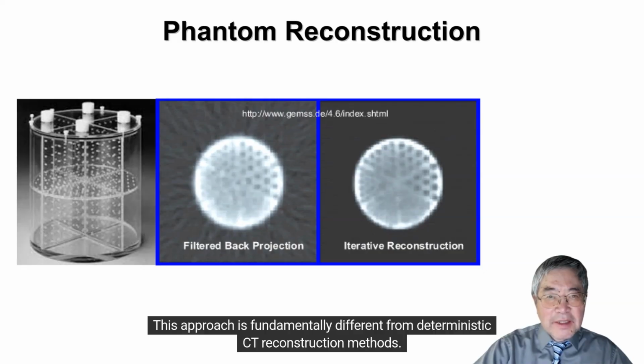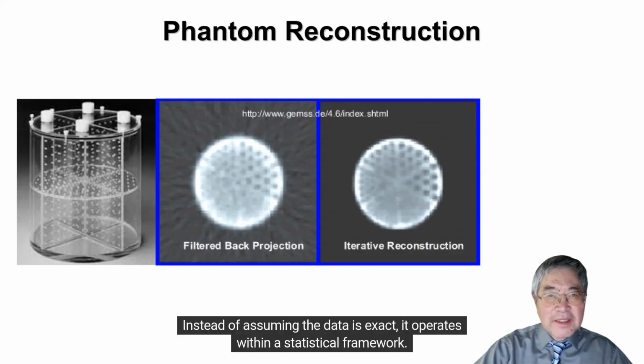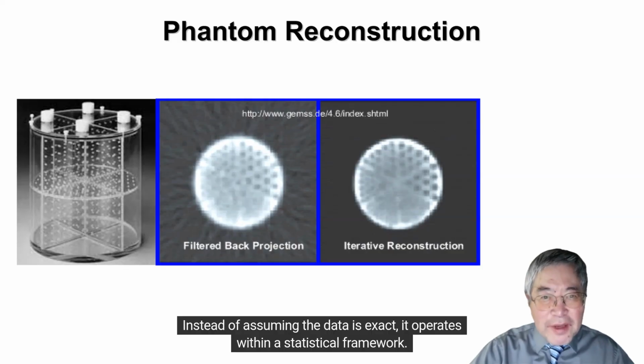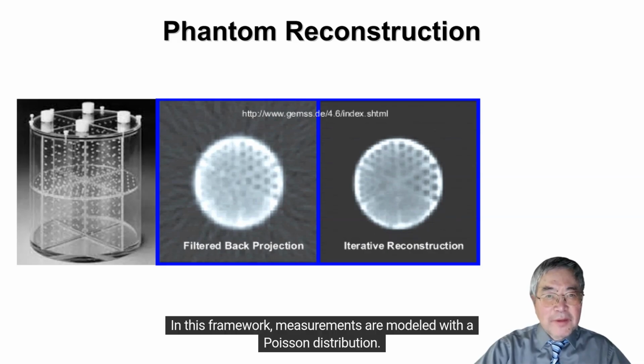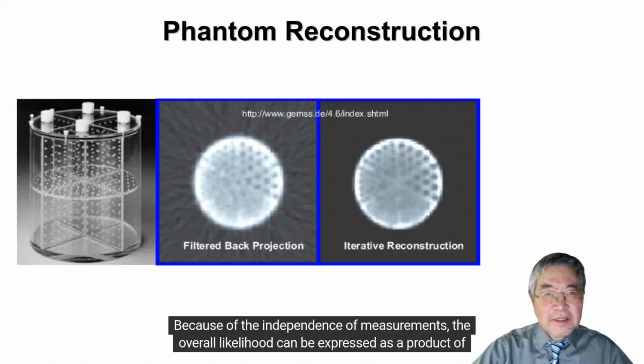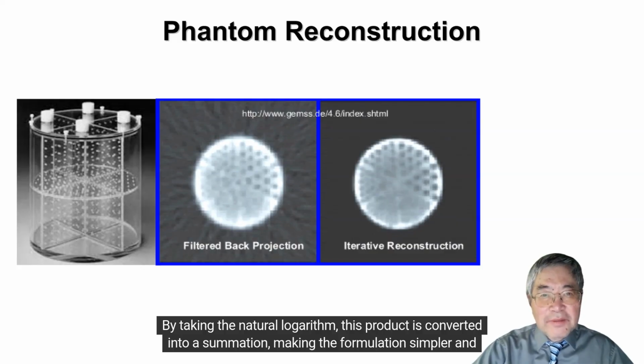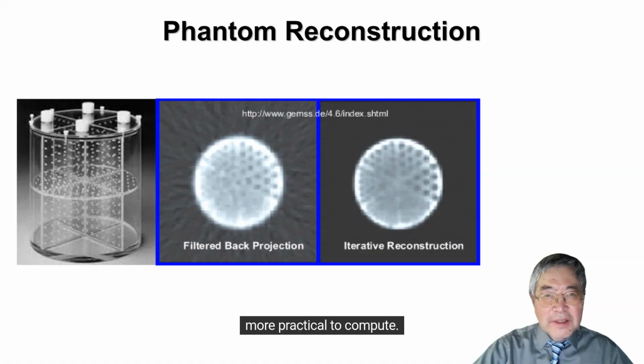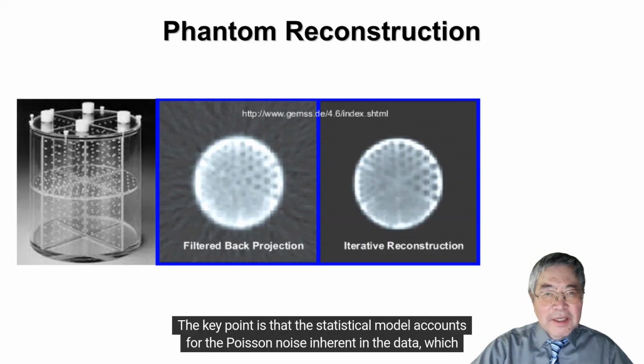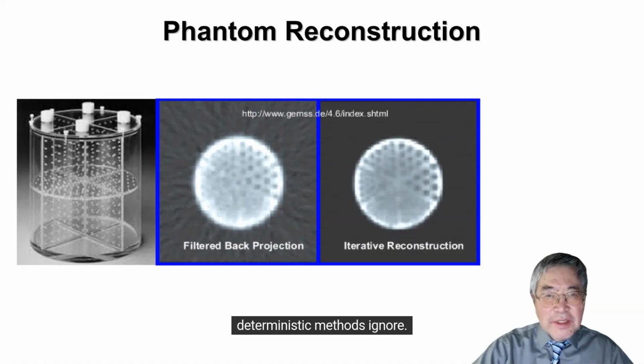This approach is fundamentally different from deterministic CT reconstruction methods. Instead of assuming the data is exact, it operates within a statistical framework. In this framework, measurements are modeled with a Poisson distribution. Because of the independence of measurements, the overall likelihood can be expressed as a product of individual probabilities. By taking the natural logarithm, this product is converted into a summation, making the formulation simpler and more practical to compute. The key point is that the statistical model accounts for the Poisson noise inherent in the data, which deterministic methods